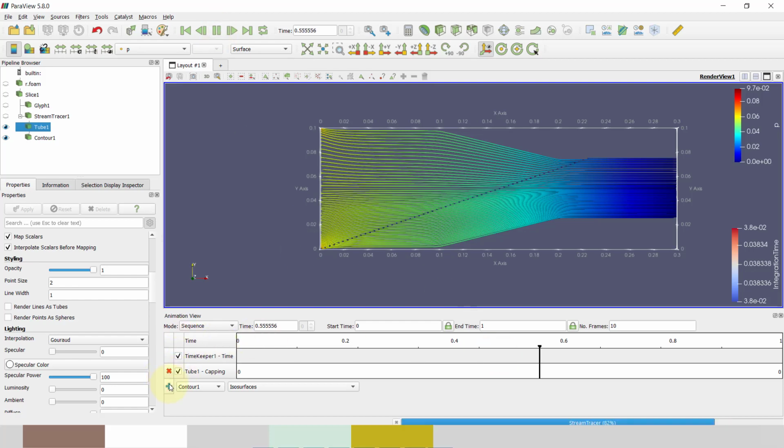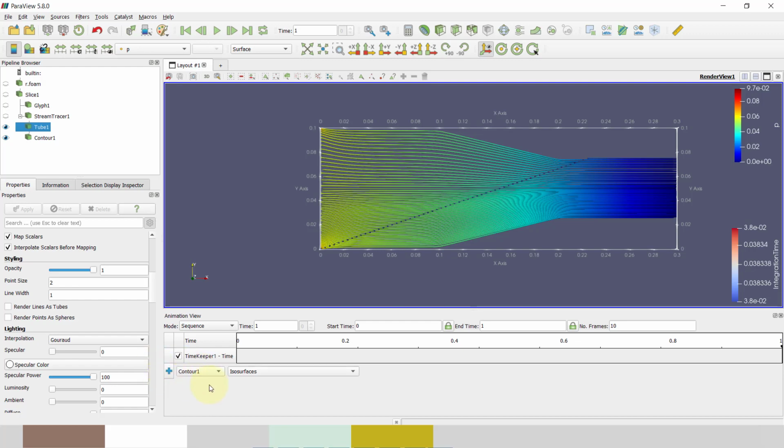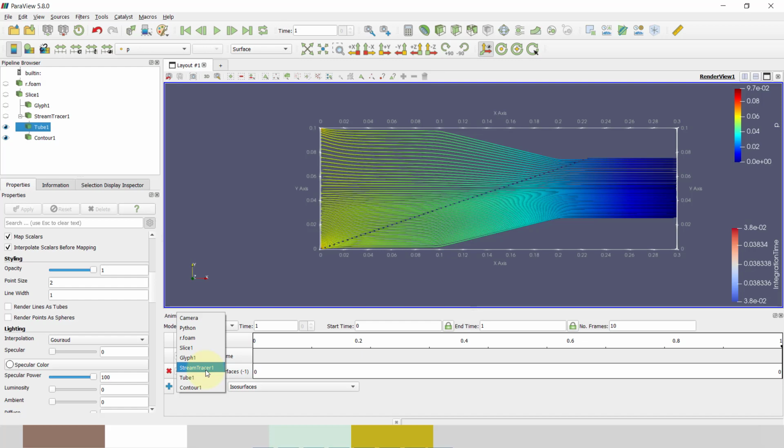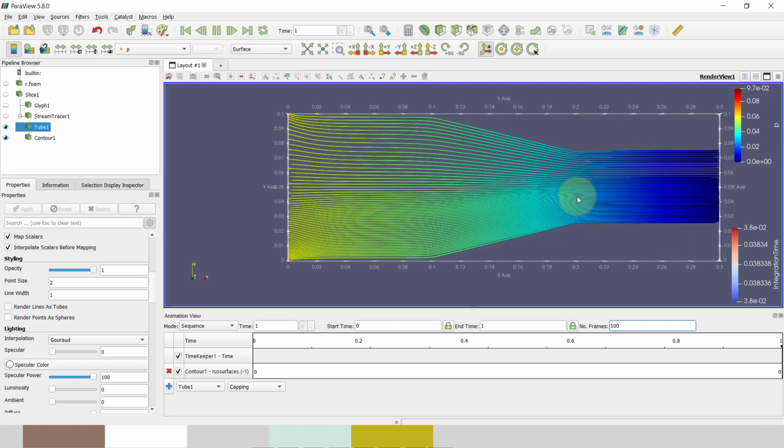Sorry, I have to change, delete it, add this stream tube and capping, and the number of frames is 100. Now if I run this, you can see my velocity graph is coming in steady state.